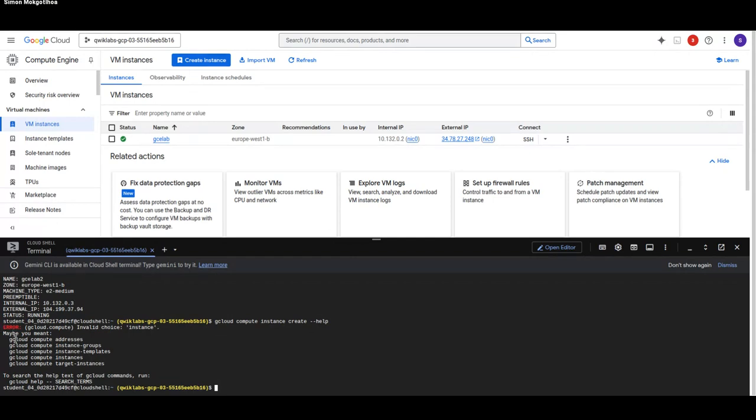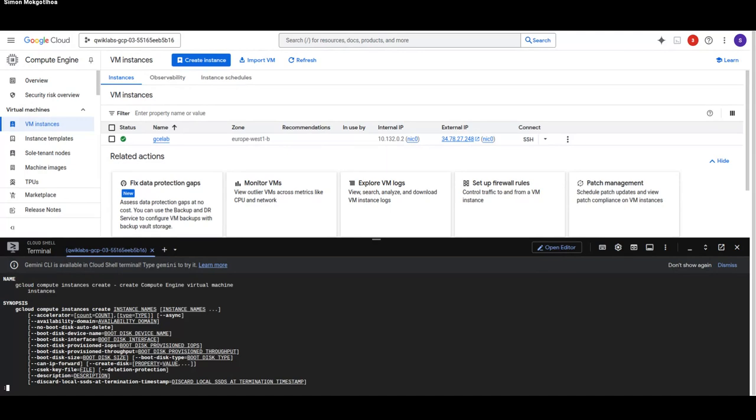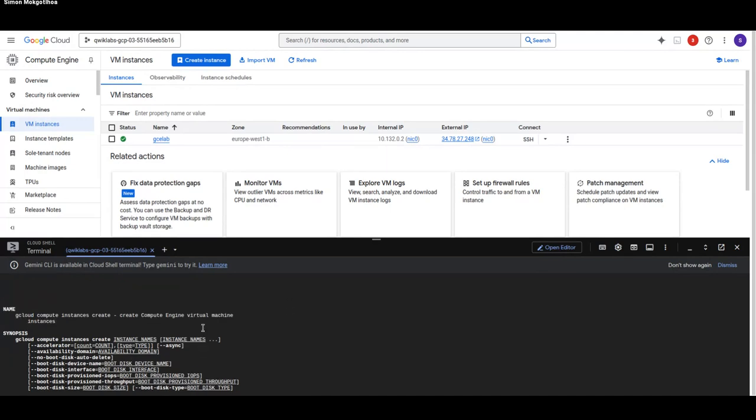Already we see there's an error here. Invalid choice instance. Okay. Let me find out where I went wrong there. Okay, I was supposed to say instances because we're running more than one. My mistake. That's on me. Let's see what happens. And there you go. So right here, we can actually see.